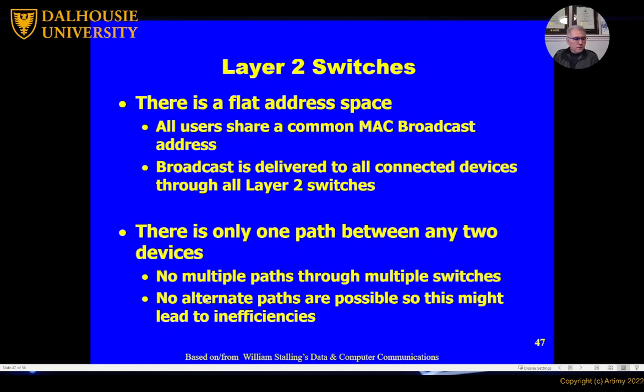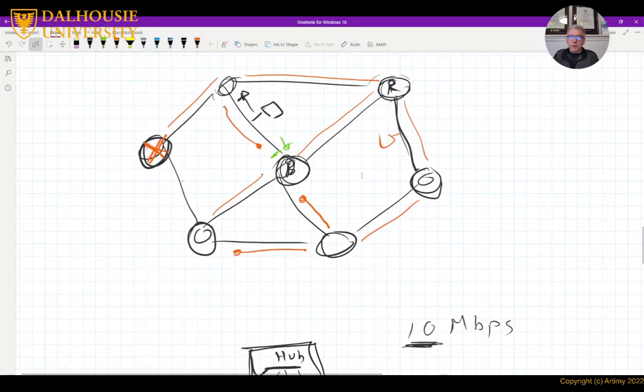Because of the spanning tree protocol, I can have only one path possible. I cannot pass traffic through multiple paths, even if they exist. Why? Because we will have loops otherwise. So here, any node that resides on this segment, for example, will in theory have multiple paths that go to another segment, but we cannot use them, right? Because if we use them, we will have loops. So we have to be careful about that.